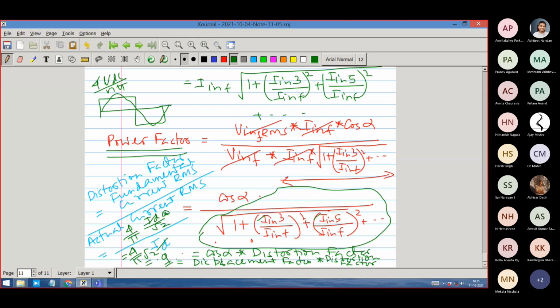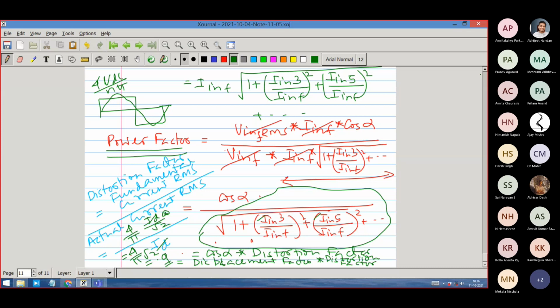Almost everybody knows it by heart, any power electronic engineer remembers this number. Because of this reason, mostly in the current waveform we sometimes ignore a small ripple, because it doesn't make much sense in calculating so accurately. Assuming that the reflected current is almost like a square wave, since the load is assumed to be in continuous conduction mode, we say that the distortion factor of the current is 0.9.